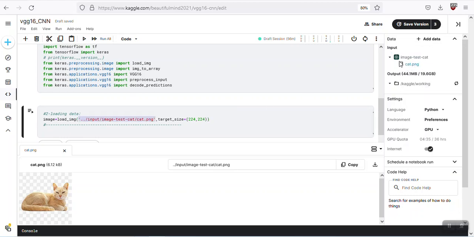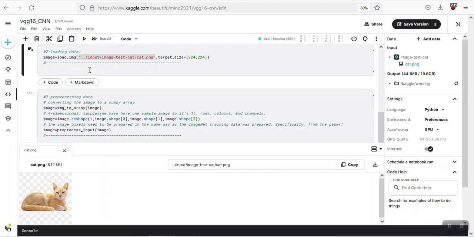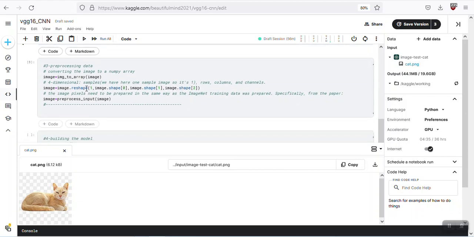Right-click over the input, copy file path and paste it over here. So now we have loaded our image, and then the third step is